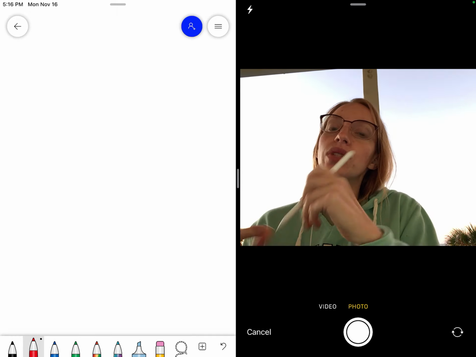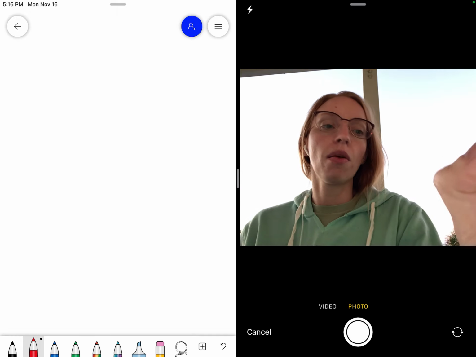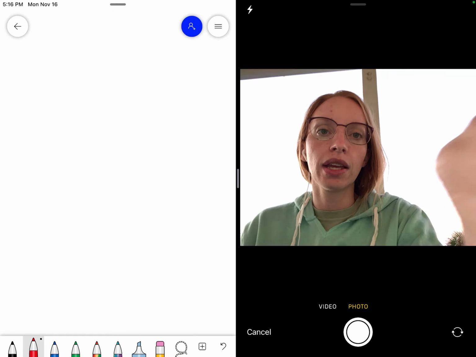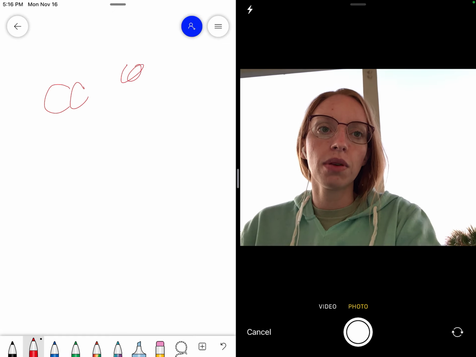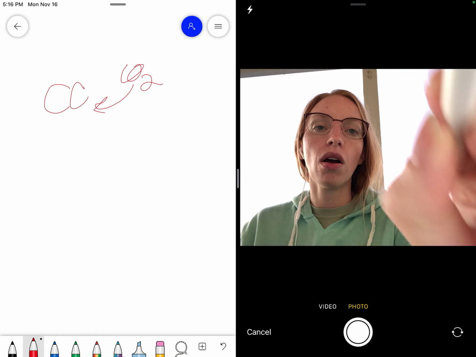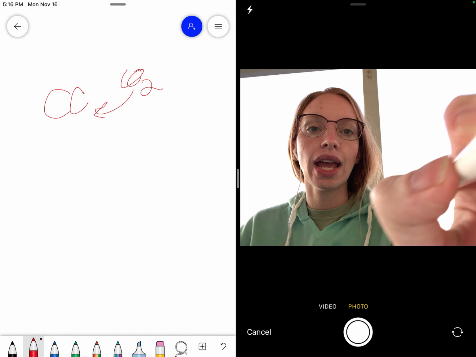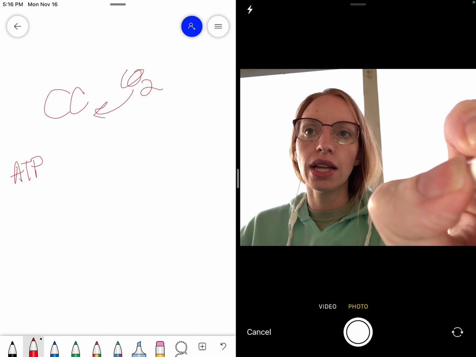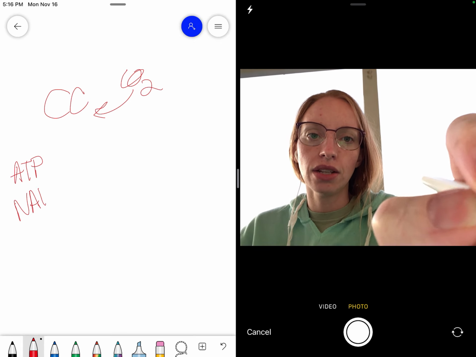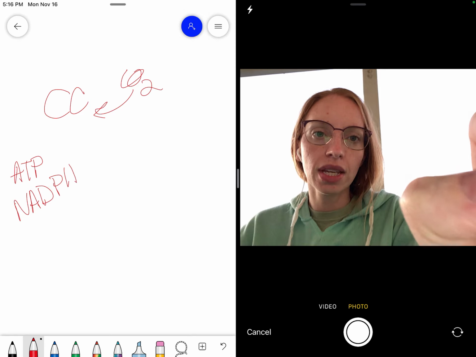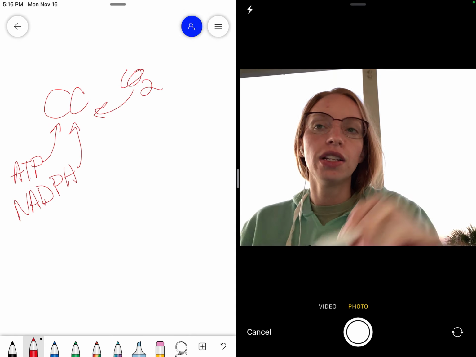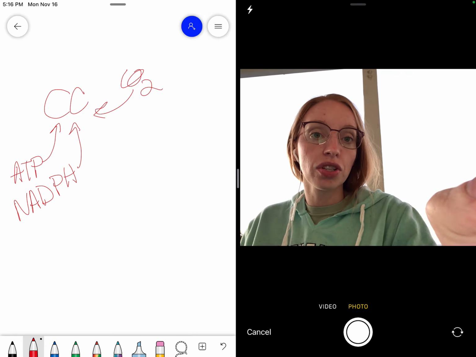But the Calvin cycle doesn't only require carbon dioxide. The Calvin cycle, CO2 comes in. Yep, it does come in. But it also, from the light dependent reaction, you also get ATP and you also get NADPH. So those things also come into the Calvin cycle as energy sources to help them